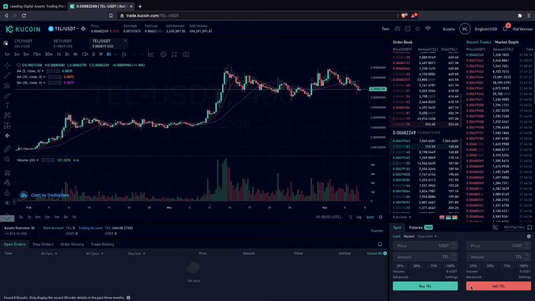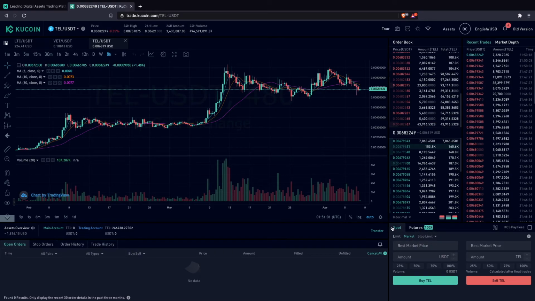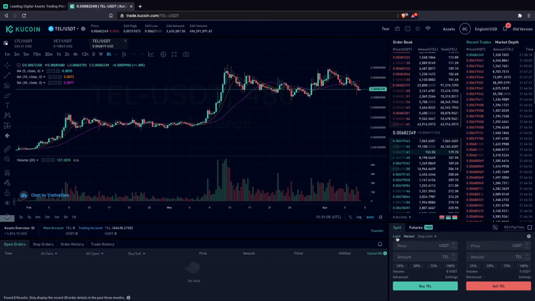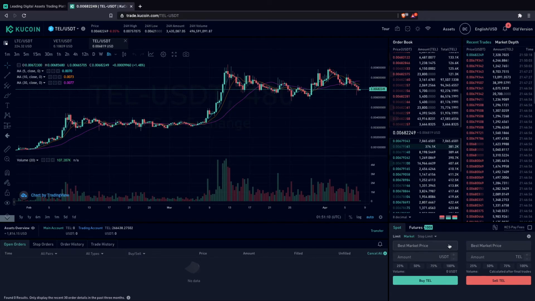With our buy and sell, we have the limit and market orders, and stop limit and stop market, right? And so you see spot and futures here. So you always want to be here in spot, okay? And you can either do limit or market, right? And so we're doing market for this example, right? And now what do I want to do? I want to sell my Tel, right? And buy